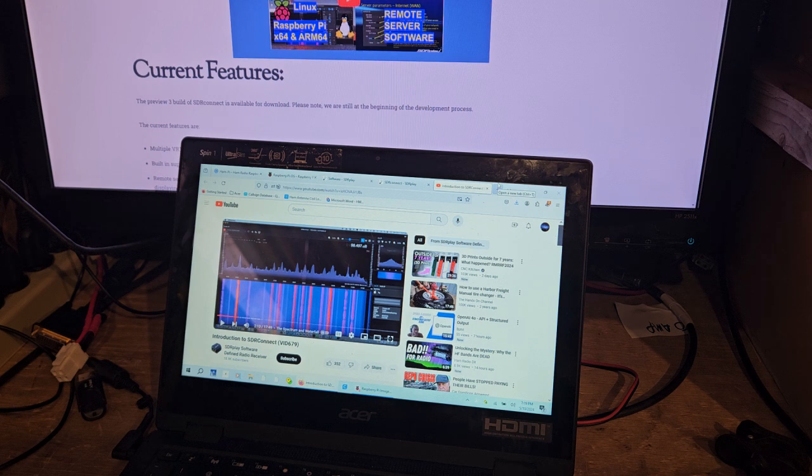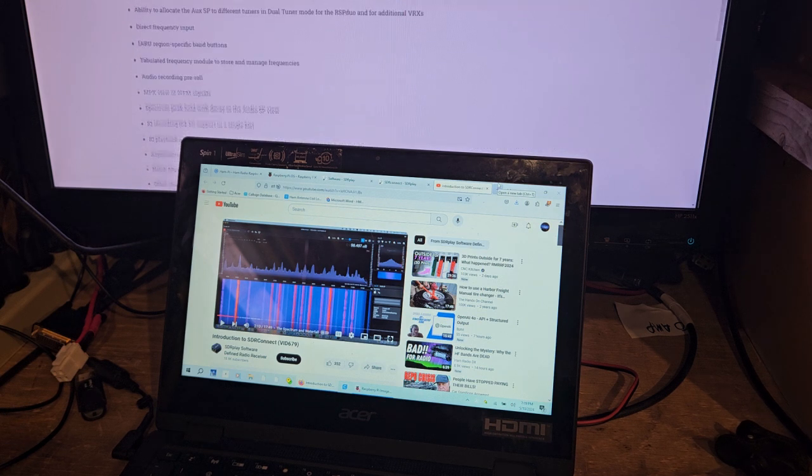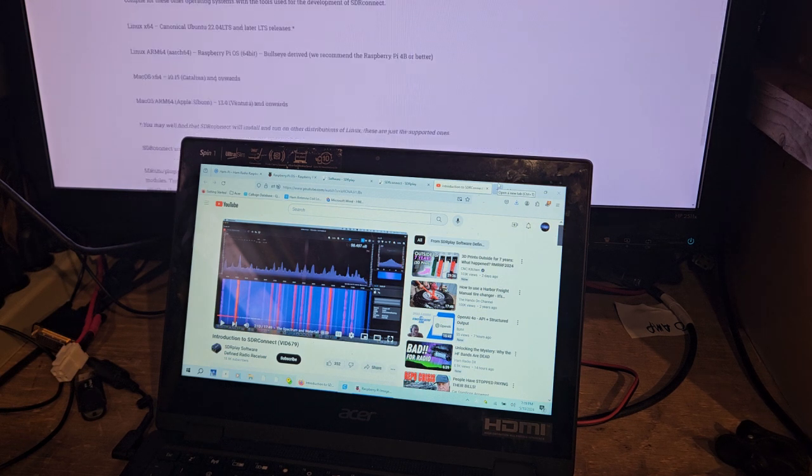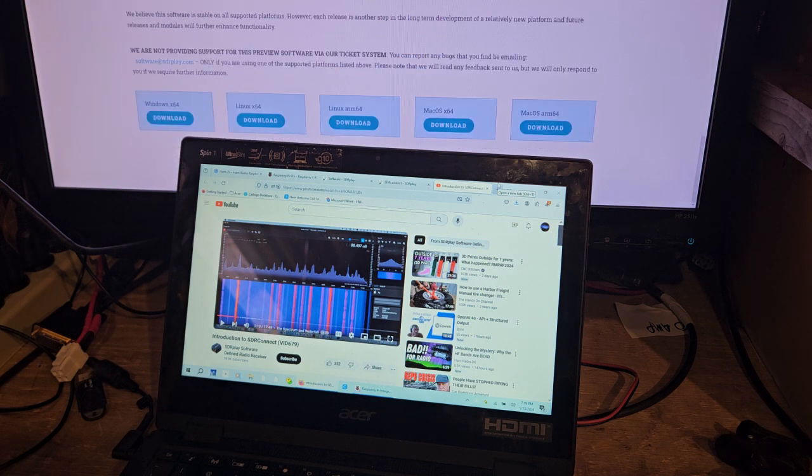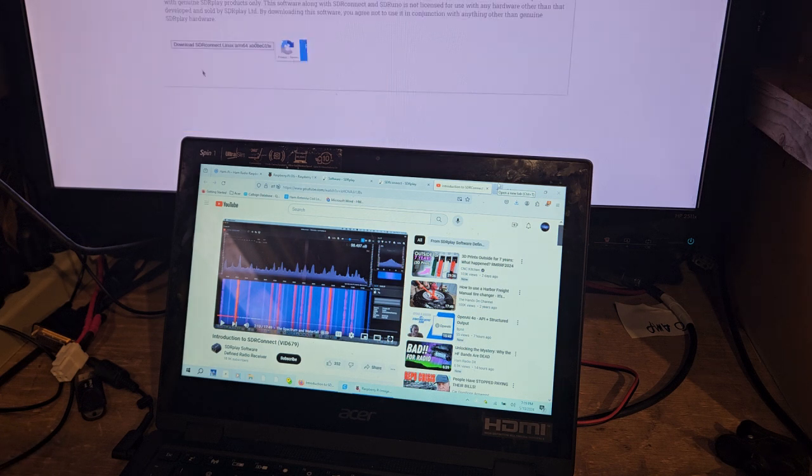Okay, so we're back over here. I'm gonna look and see what we need to do. Download Linux ARM. There's some ridiculous stuff that you have to do in order to install this thing